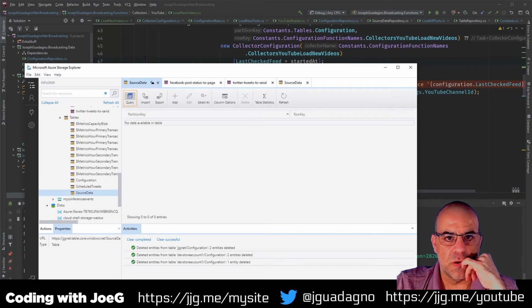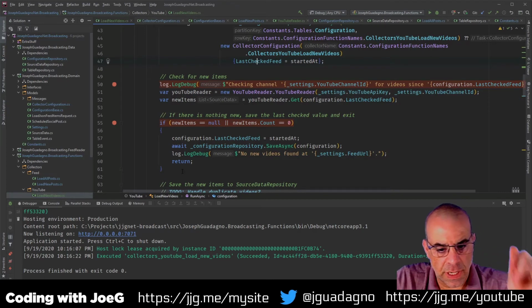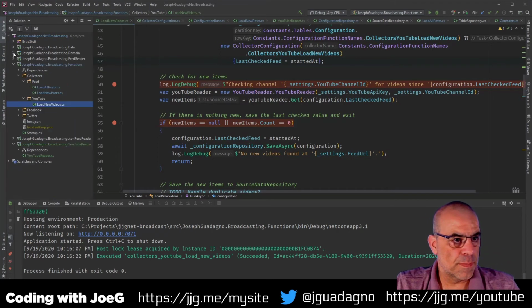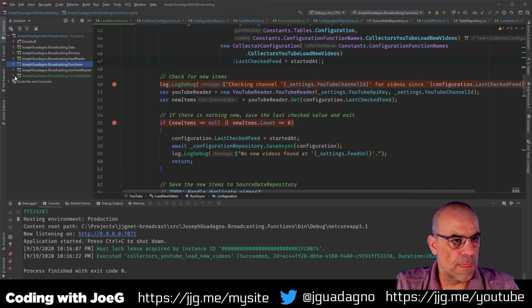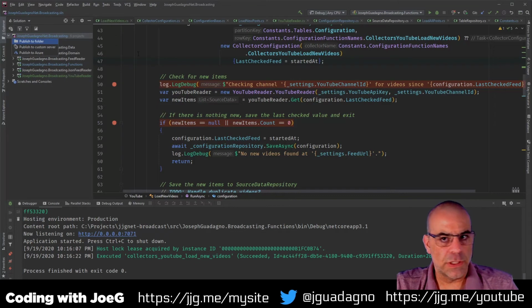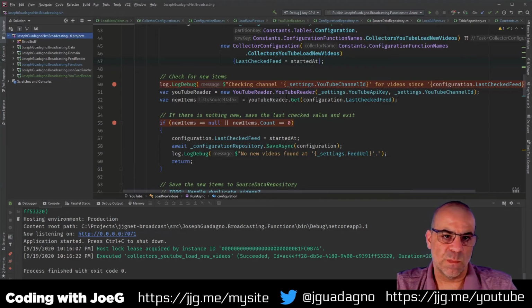Okay, so let's go and publish. Got all the configuration items right. Let's make sure you're stopped. Right click. Publish. Actually, I don't even have to right click. Just publish. Should have a publish, which I do.